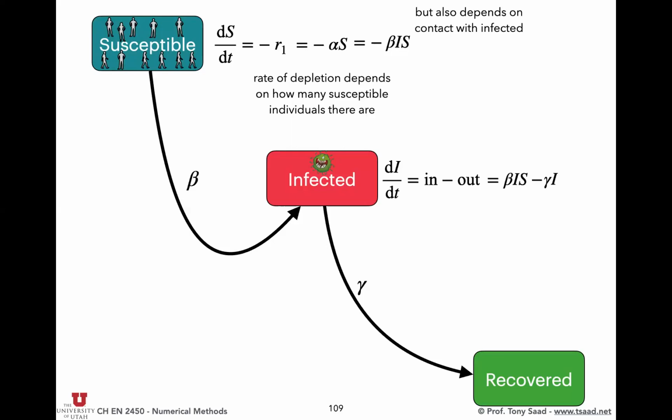So the right-hand side of the equation for the recovered is going to be a positive quantity, and we know exactly what that is. It's equal to how many people are leaving the infected category, right? And that is gamma I. This is amazing what we did here. We started by just defining 3 categories, nothing more. And we were able to come up with a system of equations that actually is a pretty good representation of how a basic epidemic